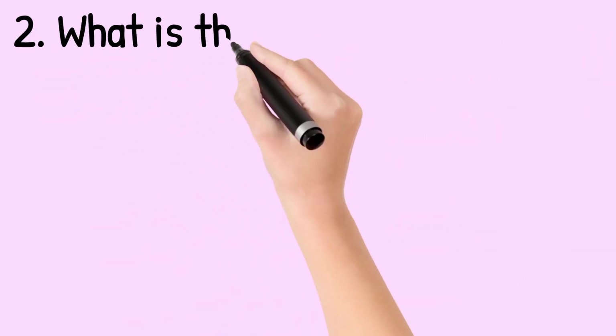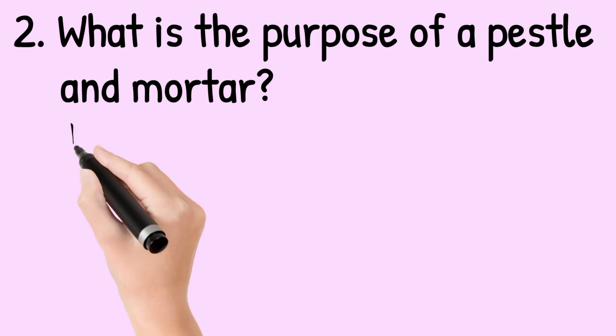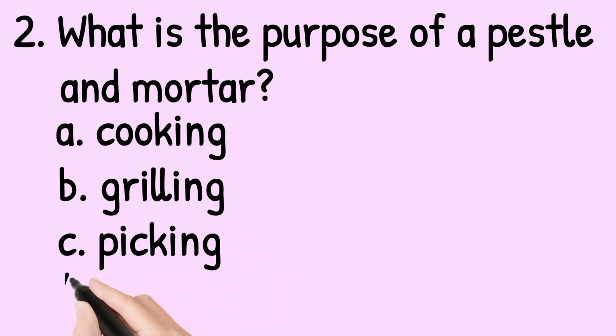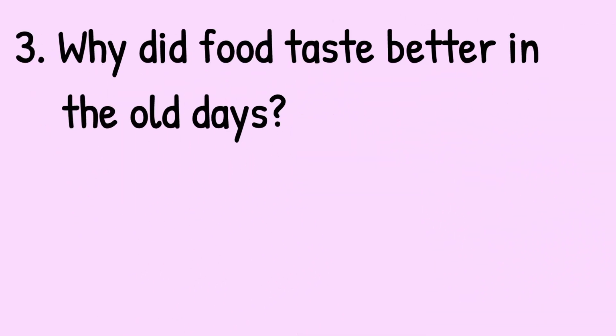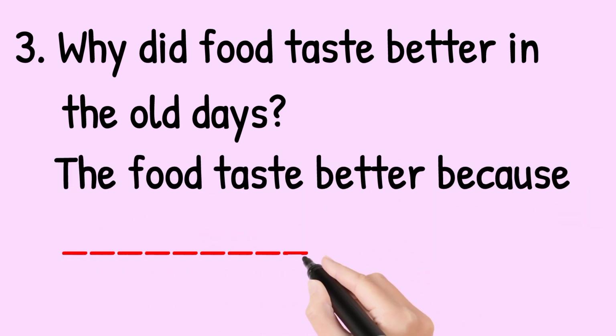Question number 2. What is the purpose of a pestle and mortar? A. Cooking. B. Grilling. C. Picking. D. Pounding. Question number 3. Why did food taste better in the old days? The food tastes better because...